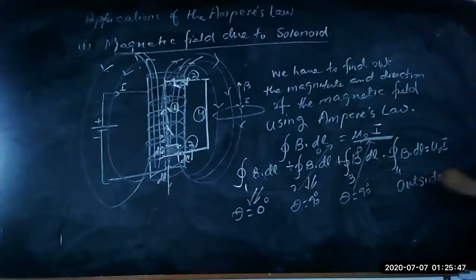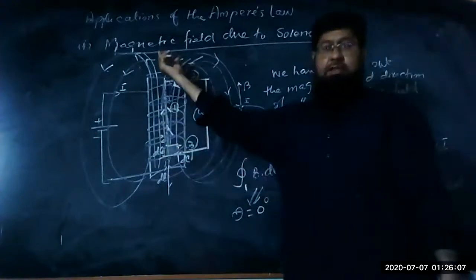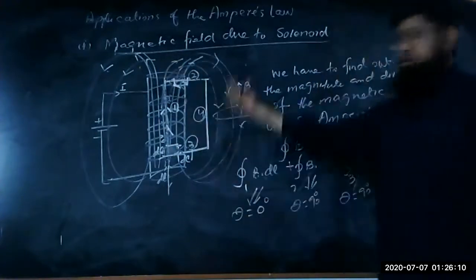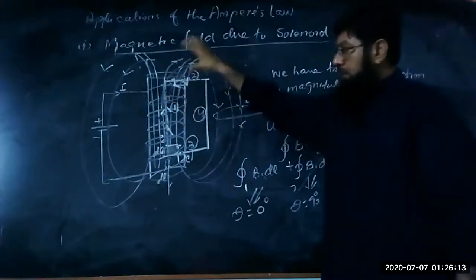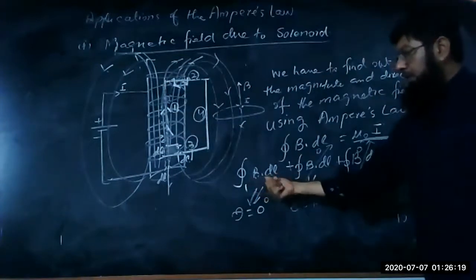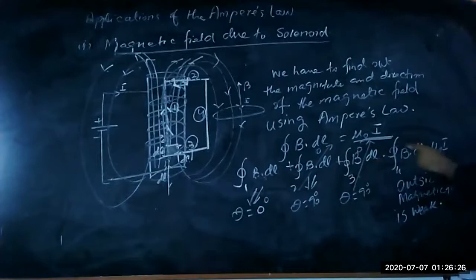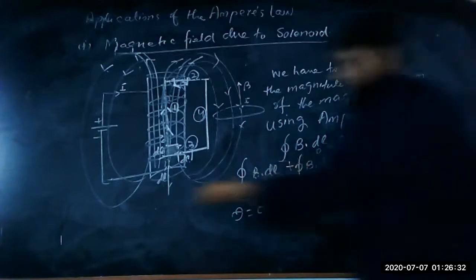This is outside, and the outside magnetic field will be weak. The magnetic field will certainly be there, but it will be weak. So it means most of the magnetic field is inside the solenoid, which is strong, so the total magnetic field is inside the solenoid, whose magnitude can be found from B dot dl equal to mu naught I. So this gives you 0, this gives you 0, this gives you the weak field, so therefore the magnetic field is inside.